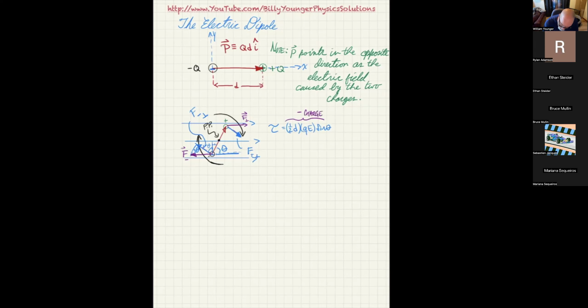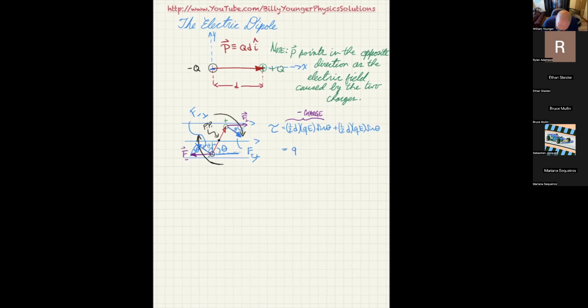Now the same thing works out for the positive charge. You're going to get 1/2 d times QE, which is the magnitude of the force. And then again, this exact same problem works out. You've got basically this angle right here is theta, and you have to use the sine theta on that one again, so you get sine theta. So what you realize is you can now add these two, and you end up getting